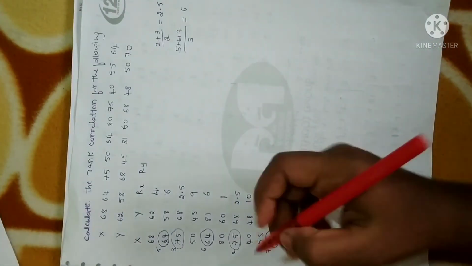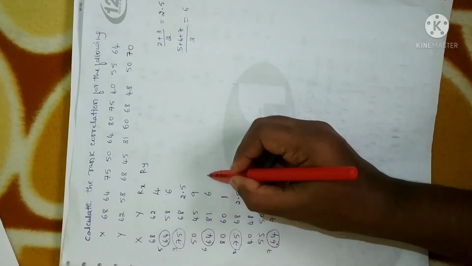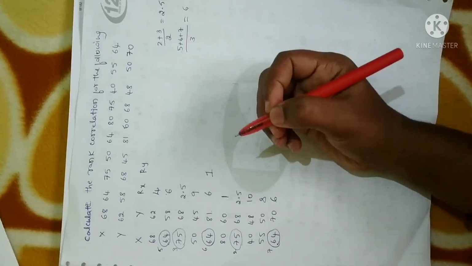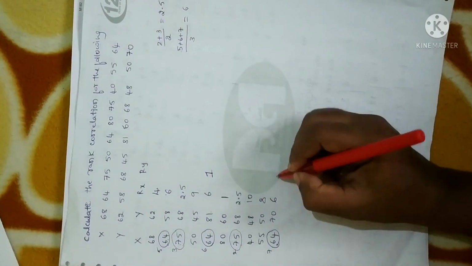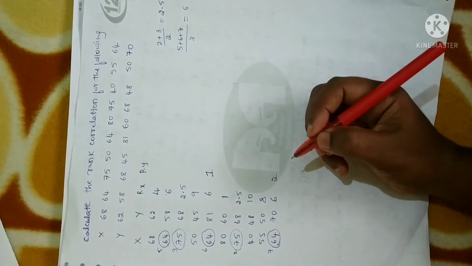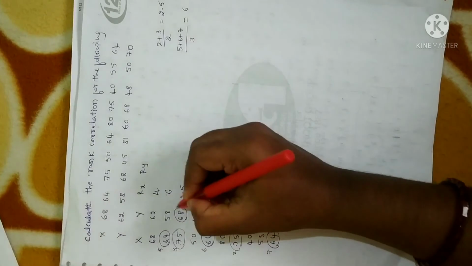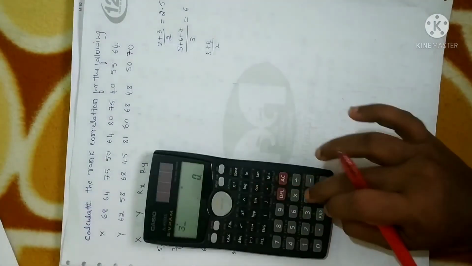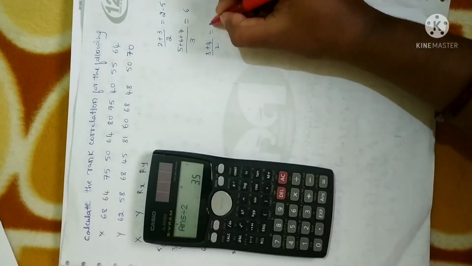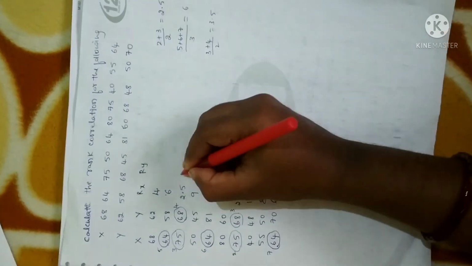So in RY value, which is the highest number? In the Y column you have to search. In Y column highest number is 81. So first rank goes to 81. Fine. Next highest number is 70. So second rank goes to 70. Next highest number is 68. But it is repeating twice. So you have to give third rank for 1 number and fourth rank for 1 number. Now you add 3 plus 4 and divide it by 2. You will get 3.5. So for both the ranks, that is for third and fourth rank, you have to give 3.5.